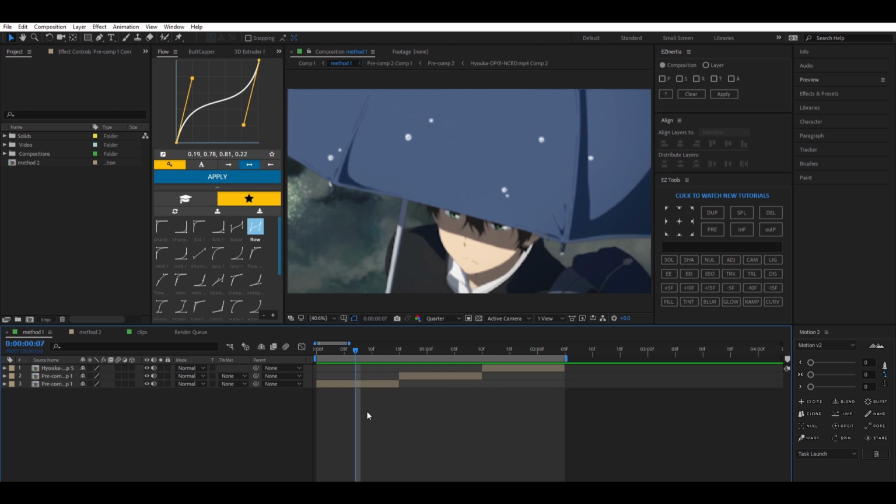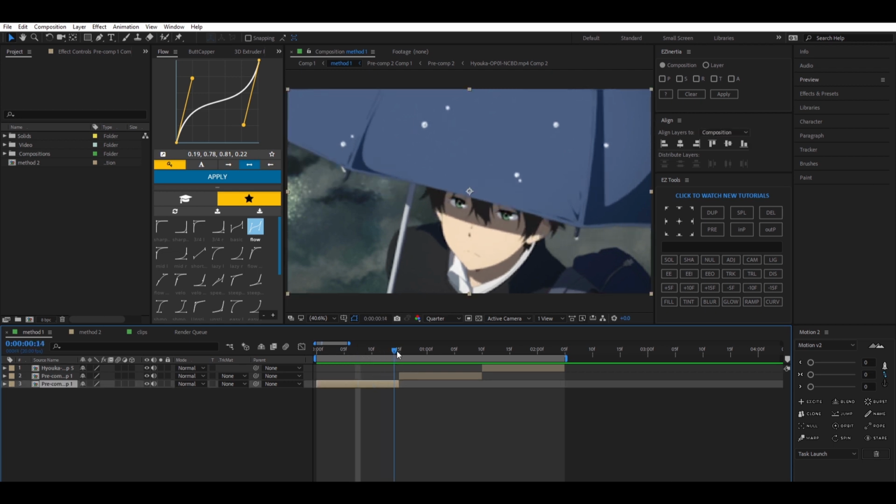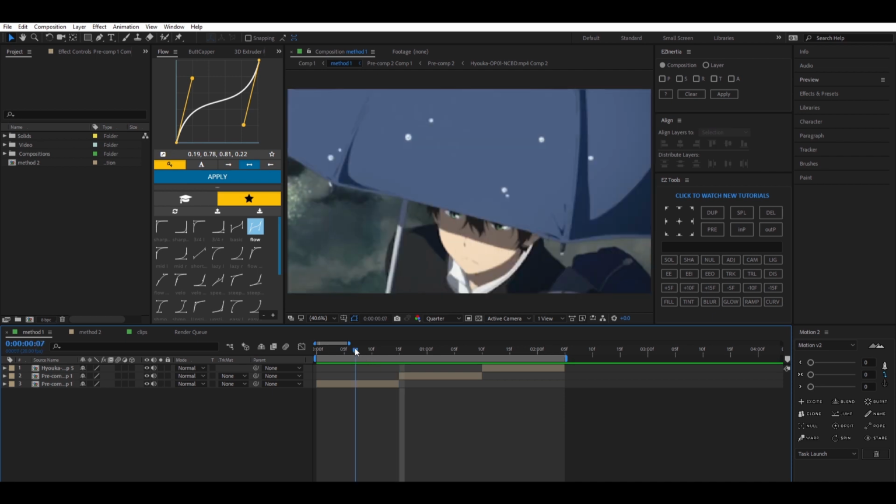I'm going to be showing you two methods on how to scale in After Effects. Let's get started. My first method is by using nulls to scale. Why I use nulls to scale is because it just makes your clips scale in way smoother than just using regular keyframes. But it's just personal preference, because you can choose whatever method you want and it still will have a similar result.